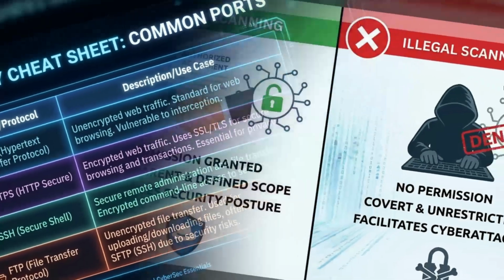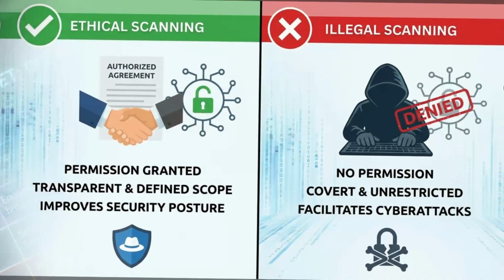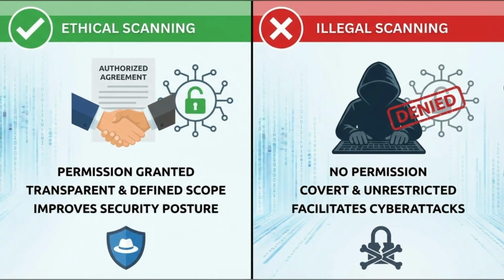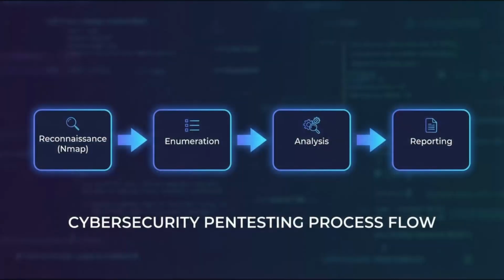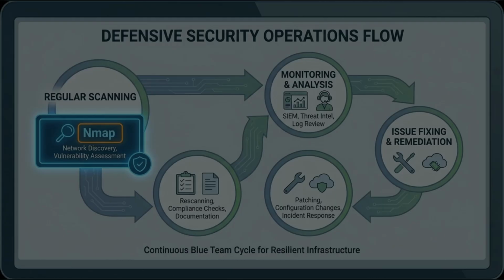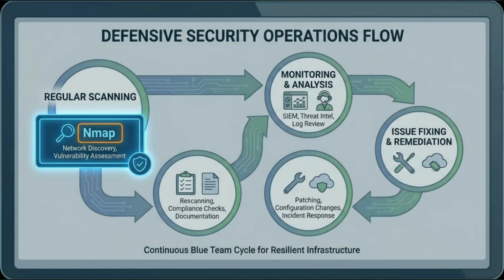Security changes when systems scale. Yes, manual checks don't work at scale. Nmap helps maintain visibility as infrastructure grows. Security management sounds boring too, but it's critical. Every change should be followed by validation. Nmap validates that changes didn't create exposure. People assume things are closed. Assumptions create blind spots. Nmap replaces assumptions with evidence.